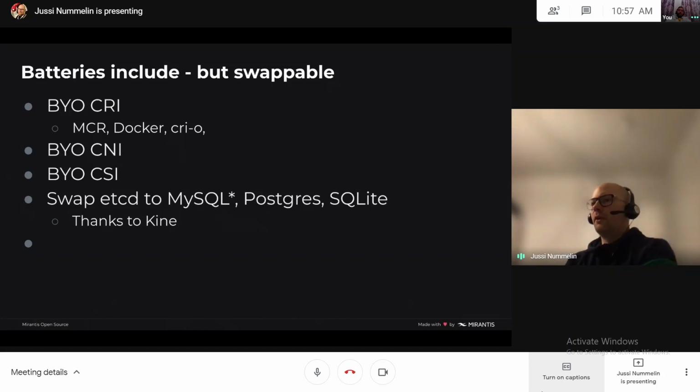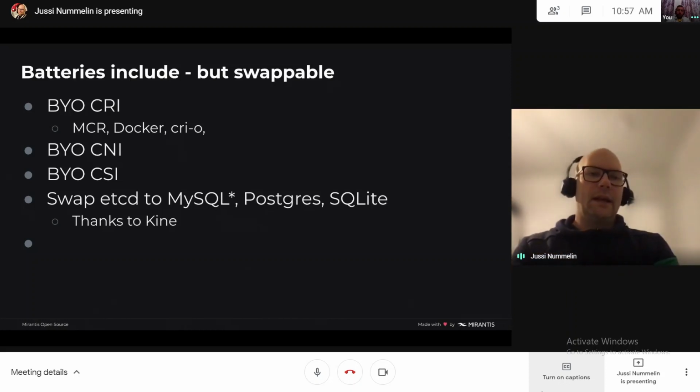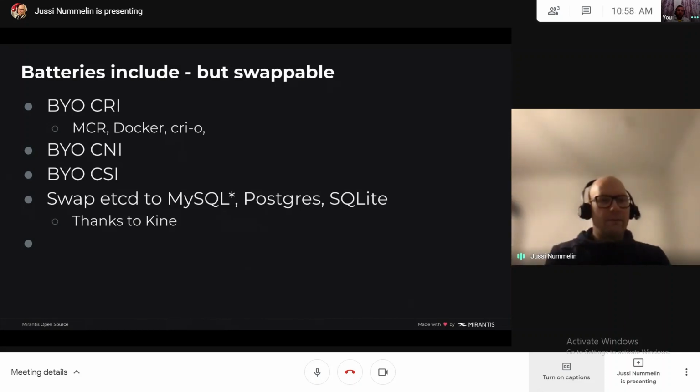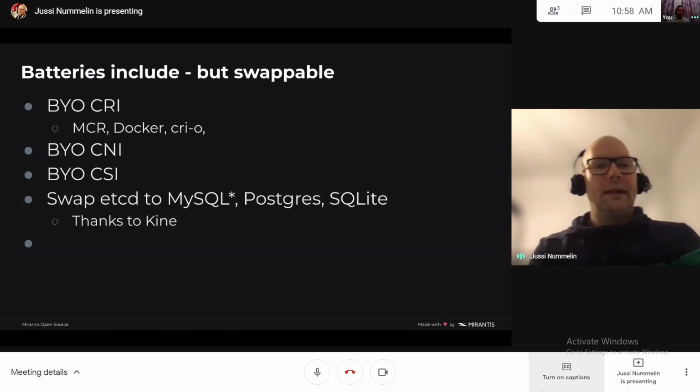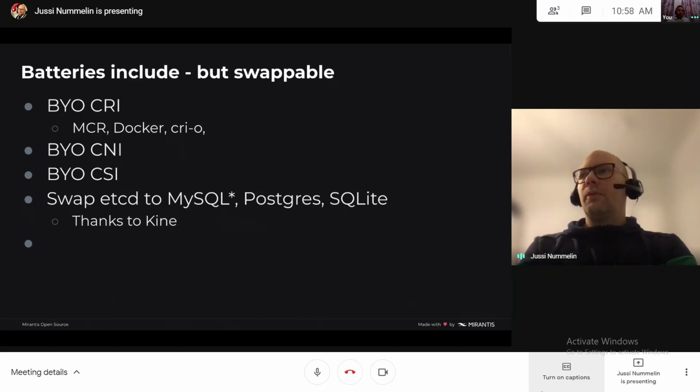One of the mottos that we have on the K0s team is that batteries are included but swappable. So although we have defaults and we provide most of the things out of the box, there are ways for the users to swap things out. By default we ship with containerd as the container runtime, but you can of course use K0s with your own container runtime implementation.